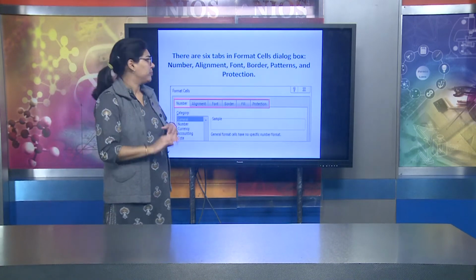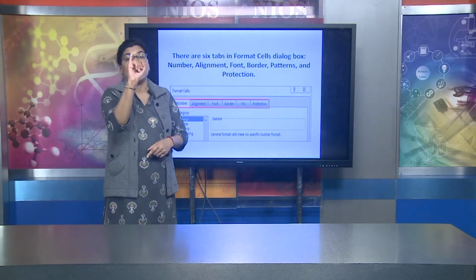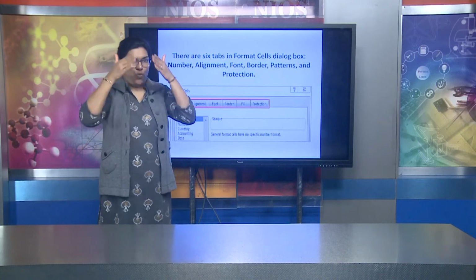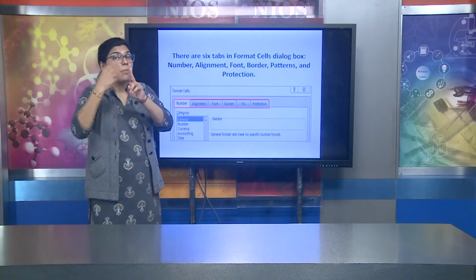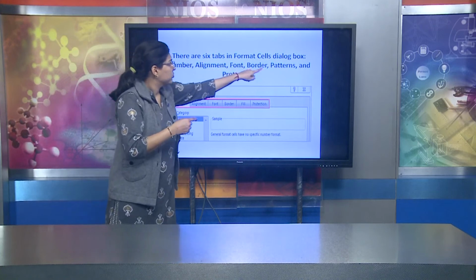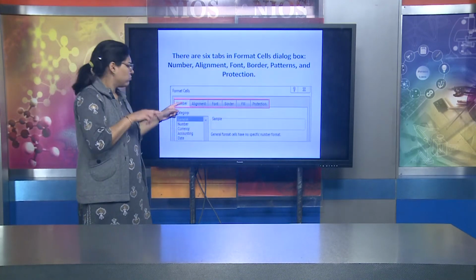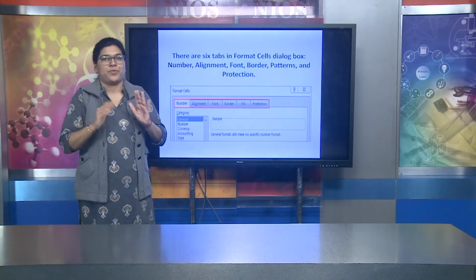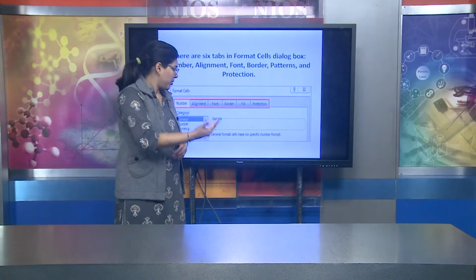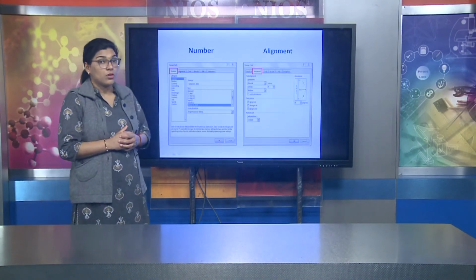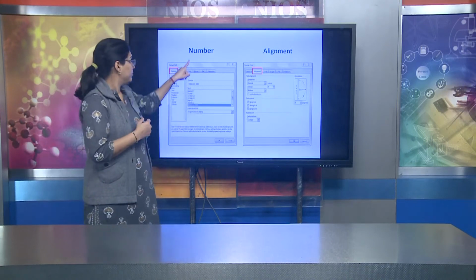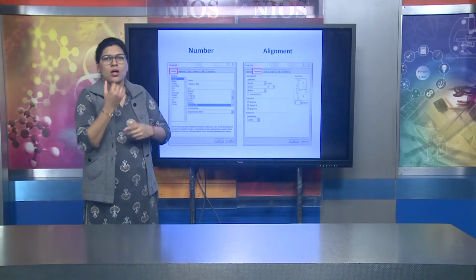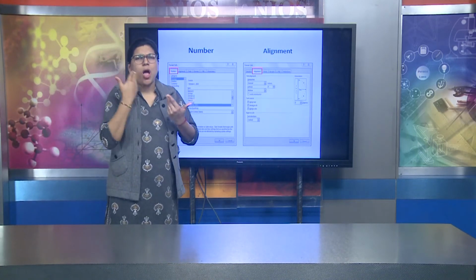Now, I'll teach you an important point. There are 6 tabs in the format cell dialog box. The names of them are as follows: number, alignment, font, border, fill, protection. Now, firstly, we are going to understand number,